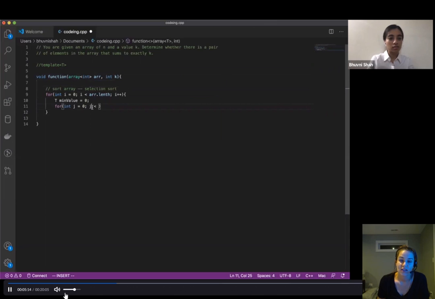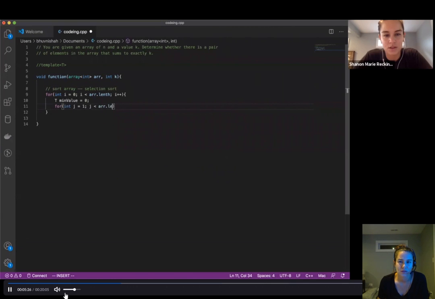Because she didn't clarify the question at all, she was actually going to make this much harder than it needed to be by making it general and templated, which could cause all sorts of problems. I'm just curious if it was a templated array with any type. How are you planning to do the sum of a string? Well, I guess you could concatenate it. Maybe. So you're looking for when two words concatenated equals k? Okay. Yeah. That's fine.